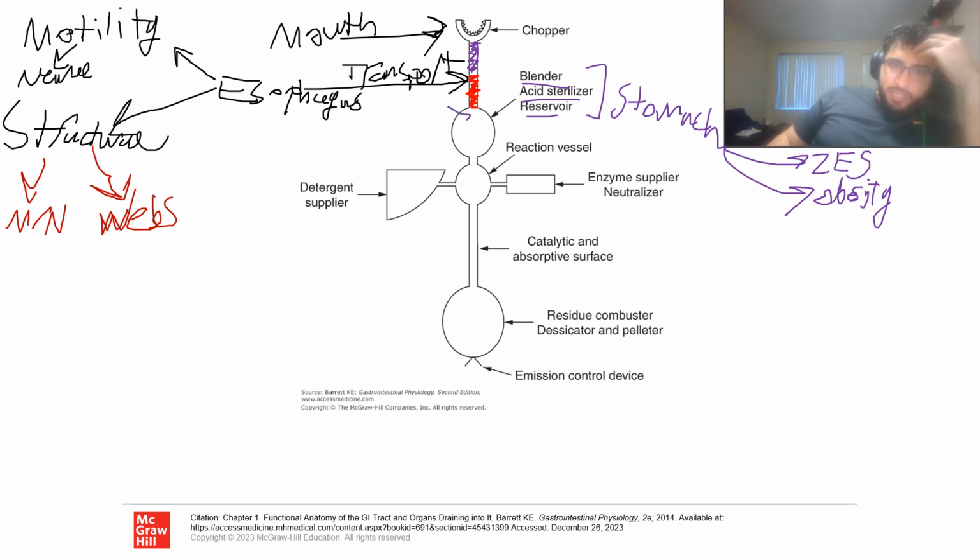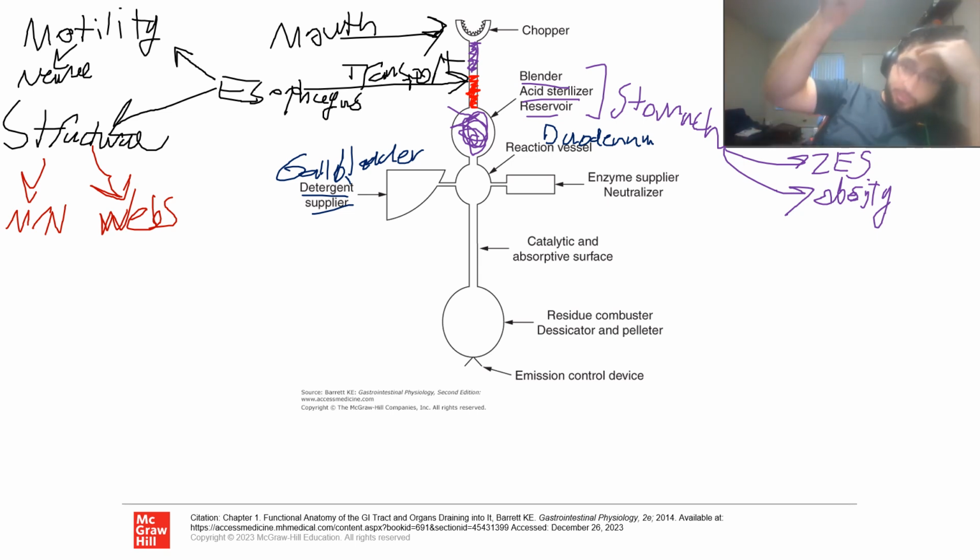So we're done with the stomach, and then we move into the reaction vessel, which is really a duodenum. All right. So this is the duodenum. And then the duodenum is going to bring in a couple things. First of all, the detergent supplier. This is the gallbladder, where bile is stored, and in patients without a gallbladder, usually the bile will just go directly through the bile duct